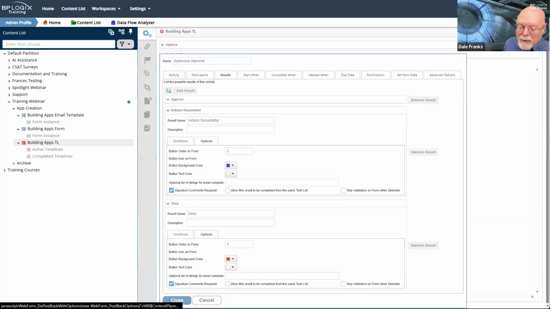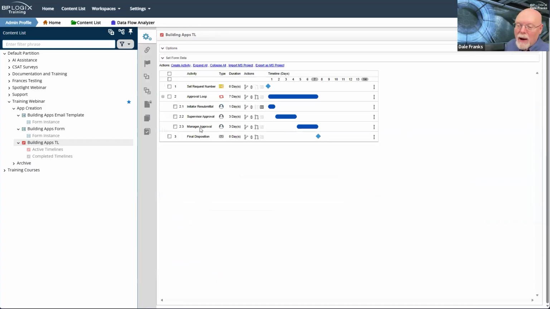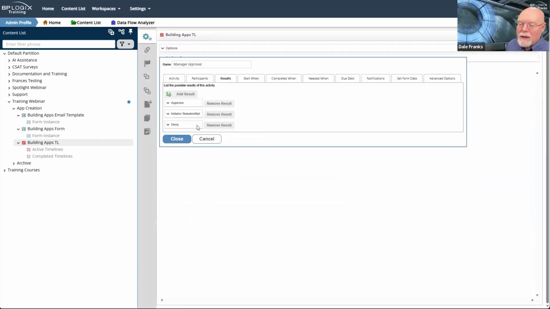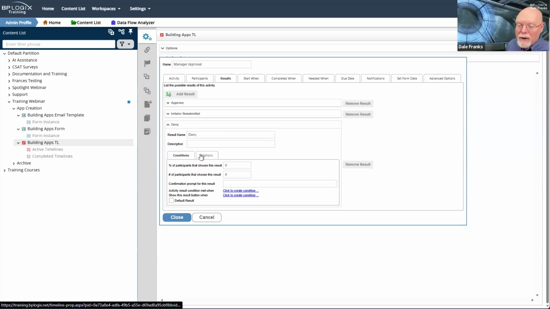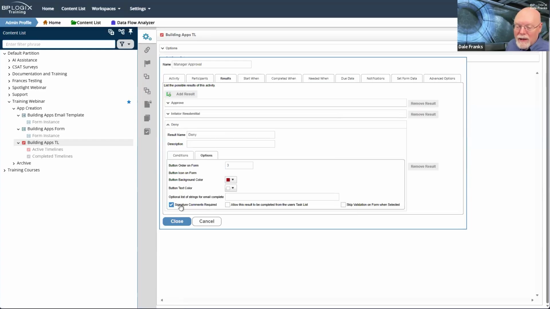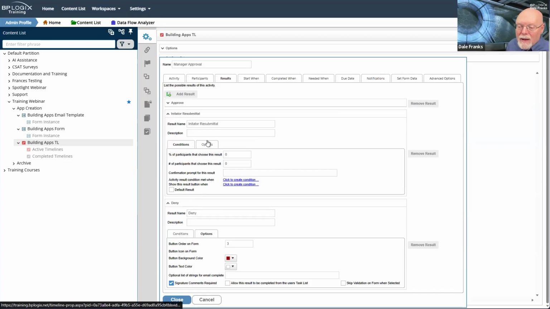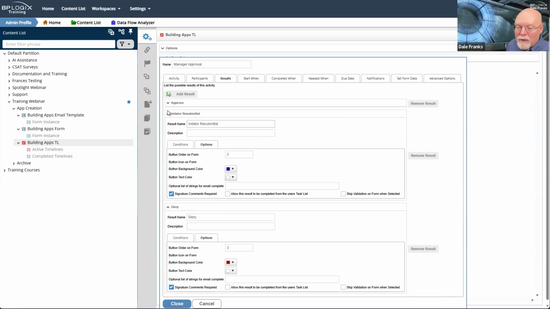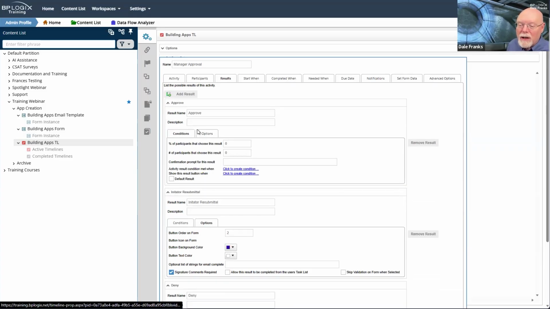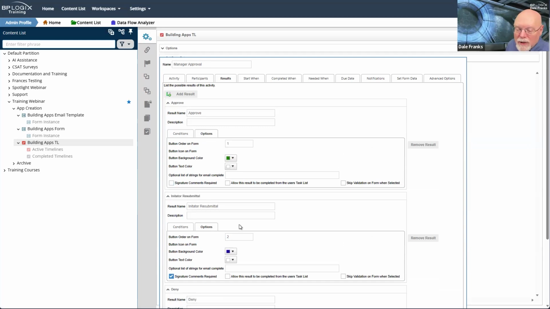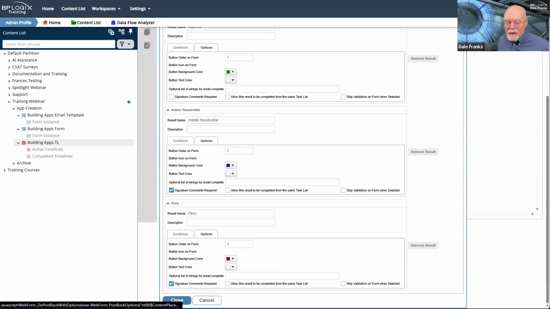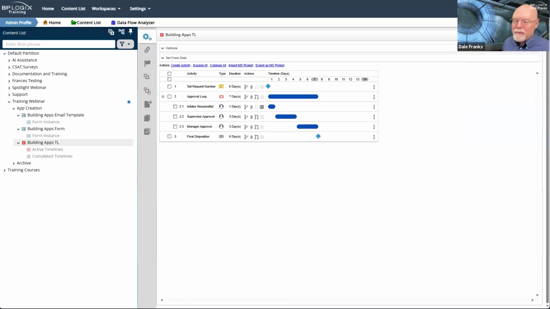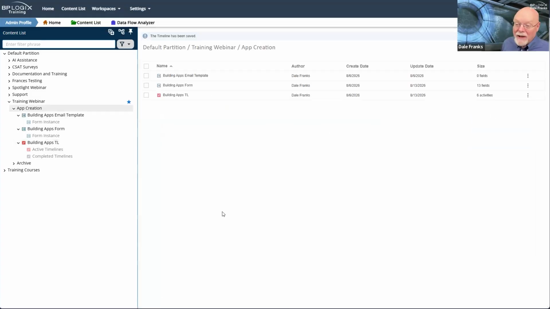So I picked up that error. Let's go back over here to manager approval and just be sure that we have properly done these signature comments required for deny. Good. Signature comments required for initiator resubmittal. Good. And no signature comments required here. Great. So we found a problem again, and we fixed that problem.